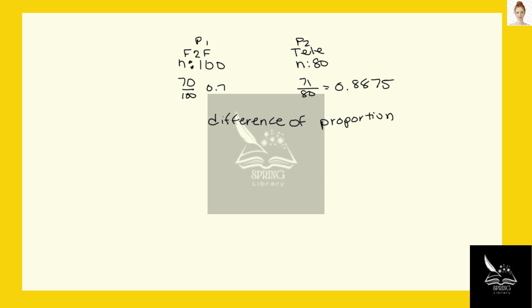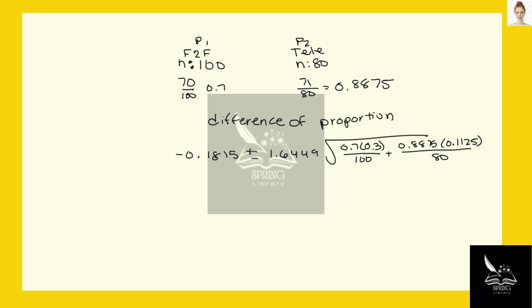And for this, what you're going to do is the difference between the two is negative 0.1875, plus or minus, for a 90% confidence interval, 1.6449 times the square root of 0.7 times 0.3 divided by 100, plus 0.8875 times 1 minus 0.8875, 0.1125, divided by 80, and that's negative 0.1875 plus or minus 1.6449 times the square root of,